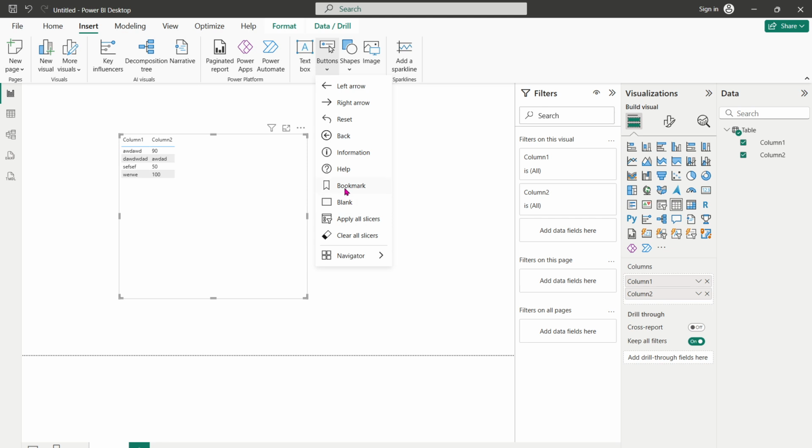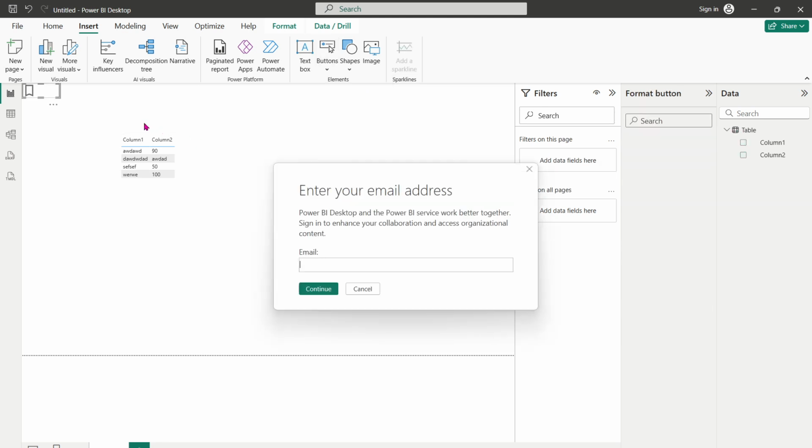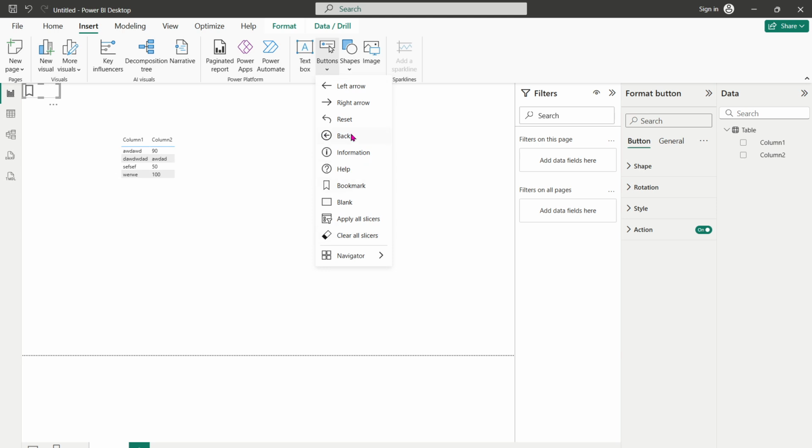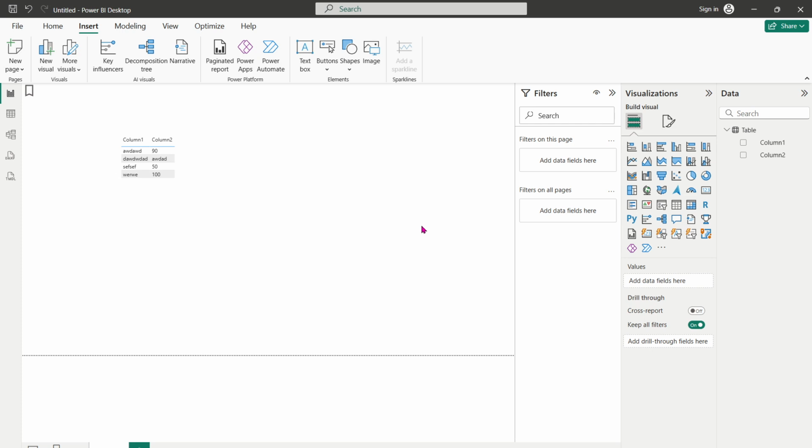Finally, assign actions to those buttons to define their behavior when clicked. This involves linking the buttons to the required bookmarks or actions you want to perform. Click on the button you've added, head to the Action tab, and then assign the specific action, such as navigating to a particular bookmark or executing a predefined task. Take time to test these buttons to ensure they function correctly. An interactive report that's intuitive to use is the result of careful execution and testing. By following these steps meticulously, you'll link your SharePoint Excel file